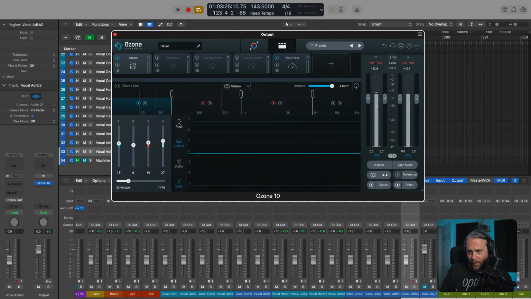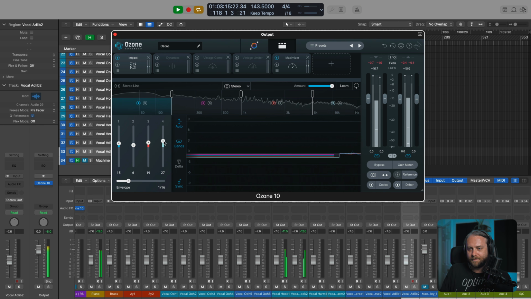So we also have auto, which means that makeup gain is going to be automatically applied and compensated for. This will make sure that you don't have too big of a gain jump as you're expanding, certainly. And with this on, we get more transparent changes. We're still hearing the rhythm move around, but it's not so blunt and in your face, certainly on the 808 and stuff like that. Before and after.